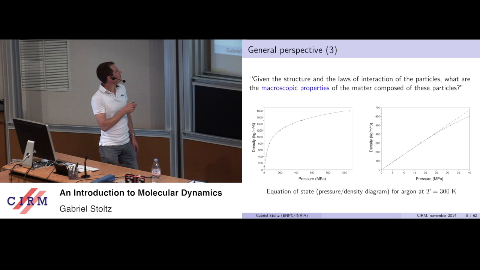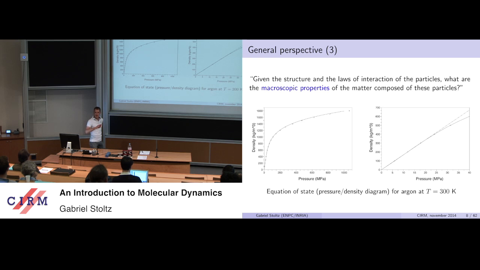You see the solid line here is some experimental data from the National Institute of Standards in the United States, something which is really a reference, macroscopic thermodynamic measurement. What you see is that for this very simple example, what I compute using the laws of statistical physics agrees very well with macroscopic experiments. And one thing to note is that I can access a very high pressure regime on my computer, which experimentally is very difficult.